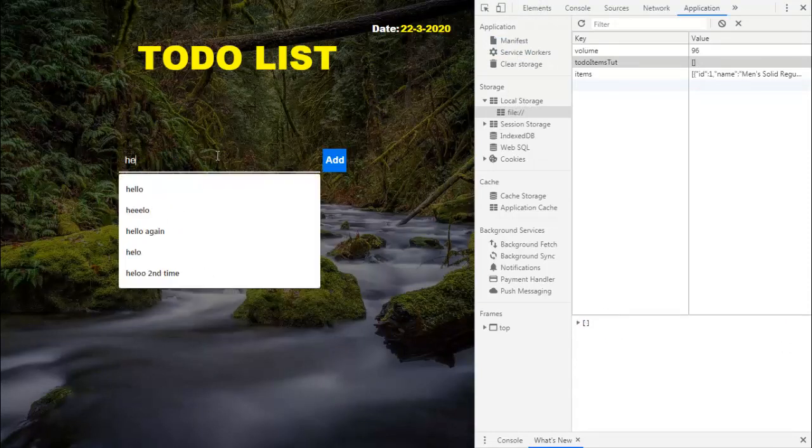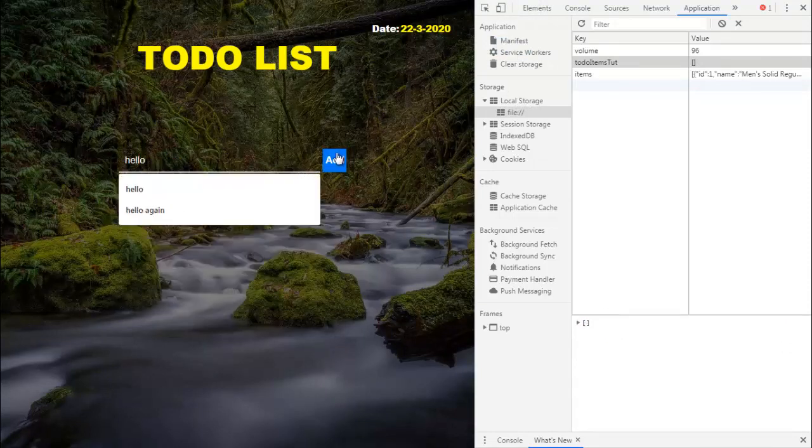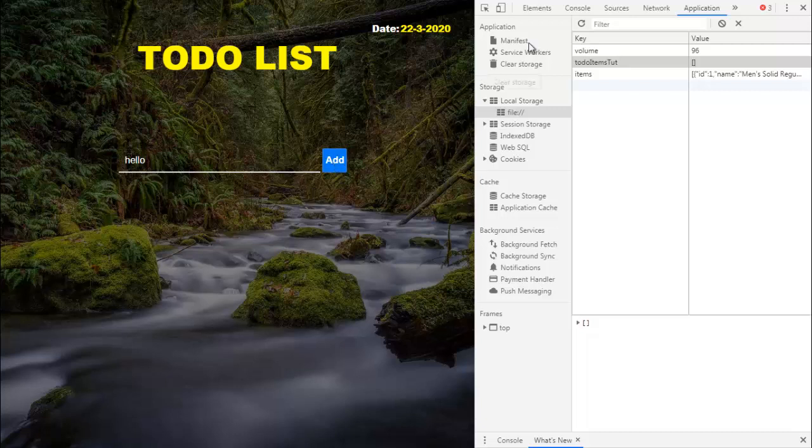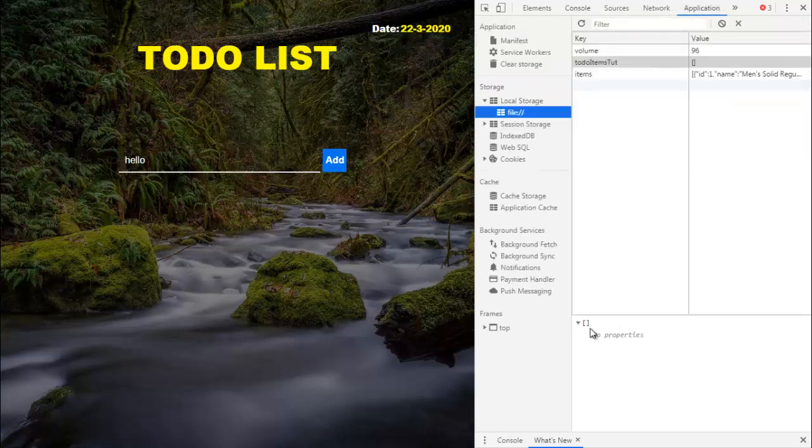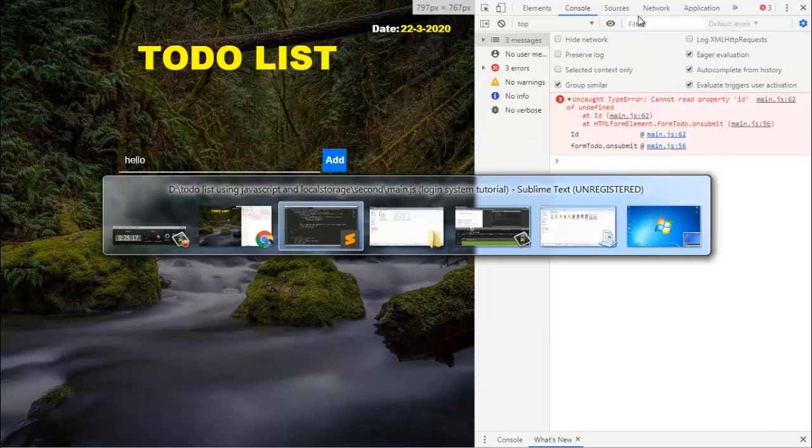So then we will write hello here, and we are getting an error here. So why we are getting an error? Because this is having an array here, but this item is not null here, so its length is 0 here. So what will we do?